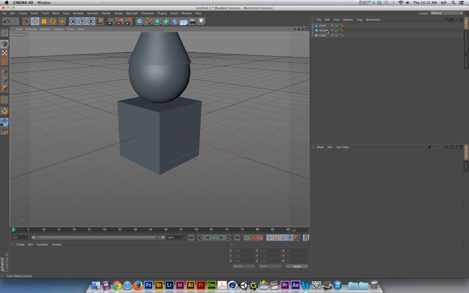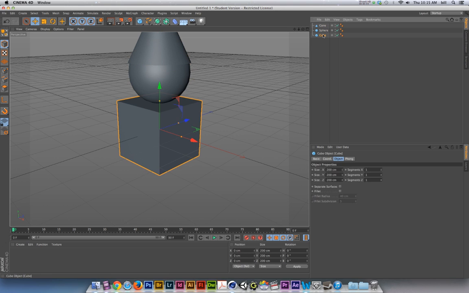I can use the object manager over here to select different objects. Now, once I have an object selected, I want to draw your attention down here to the attributes manager. By default, when you have an object selected, you'll be looking at the object tab. The object tab has some important information in it. It has information that governs the size of these objects that we have selected. In this case, I have the cube selected, and therefore I can control the size of the x